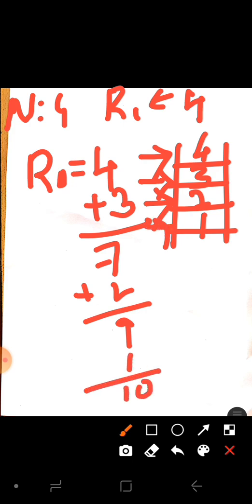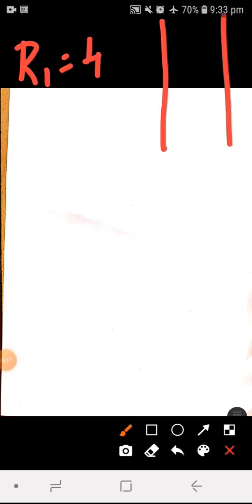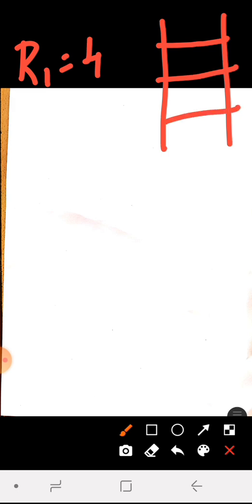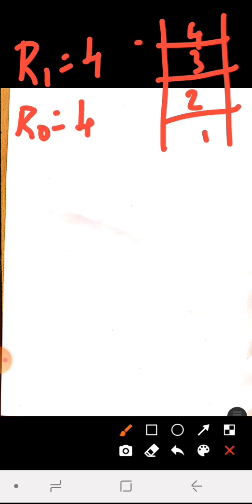So every time when we are adding, the counter will keep on decreasing. Now the counter we have taken is R1 equal to 4. It means we are trying to add 4 numbers. Now what I will do is take the first value and store it in R0. Now take the next number. When I am moving to the next number, R1 will be decremented. Now R1 is equal to 3.